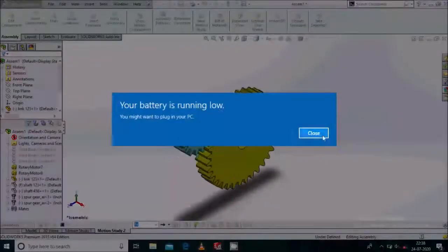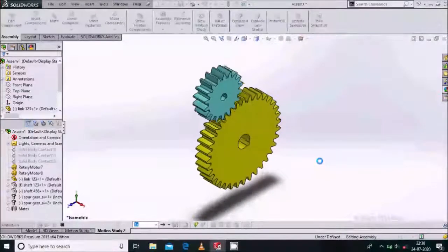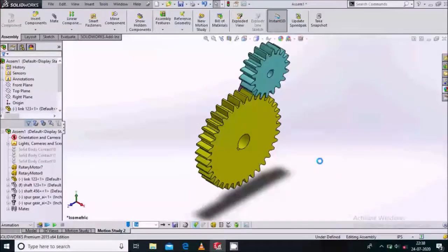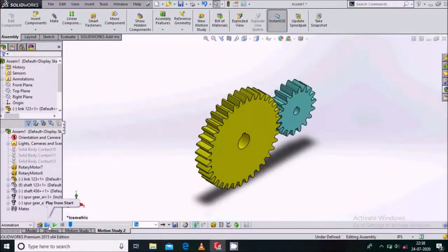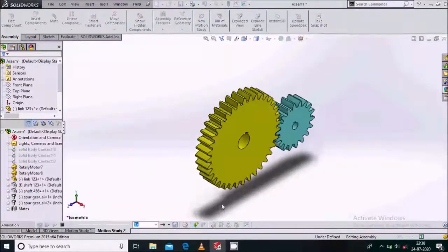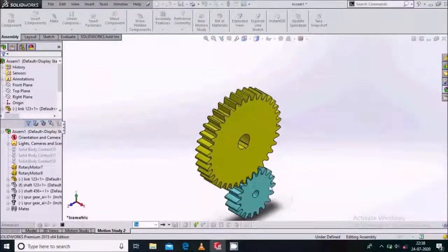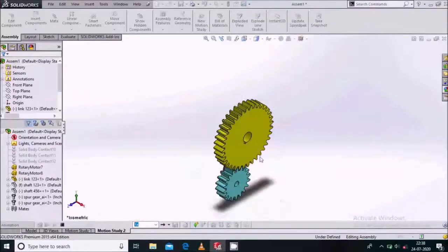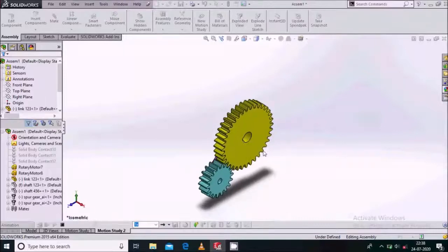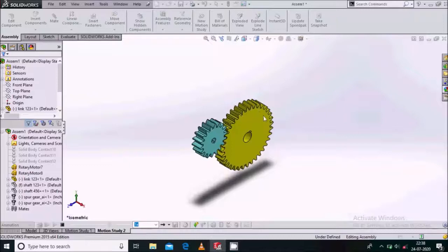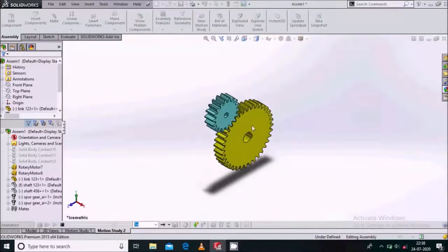Now see, we'll play it back again to get a smooth motion. So here you can see a small pinion gear is rolling over the big gear. So this is what the epicycloidal gear train is.